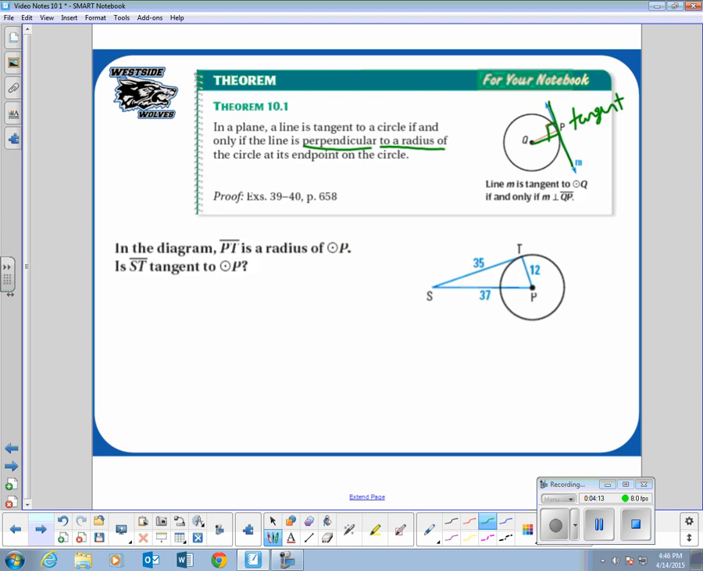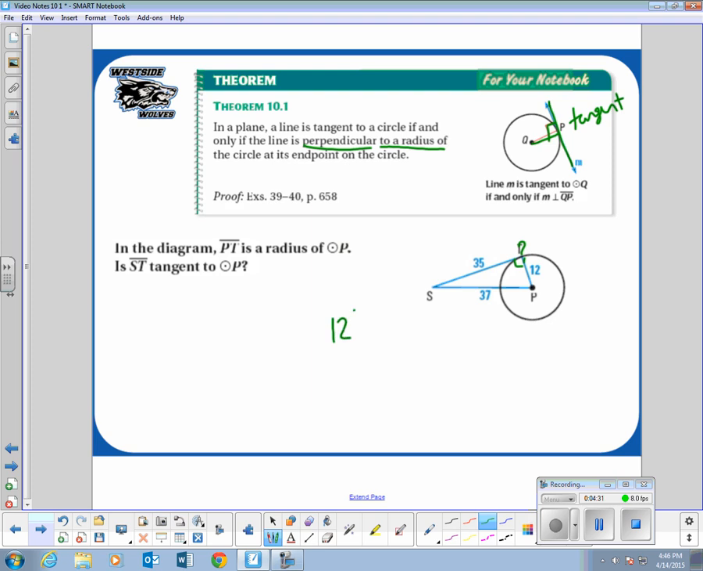That means P is the center and T is a point on the circle. It asks, is ST tangent to circle P? So if it was a tangent, that would make this a right angle. But we don't know that right now. So let's put that in the Pythagorean theorem and use the converse of the Pythagorean theorem to check and see if